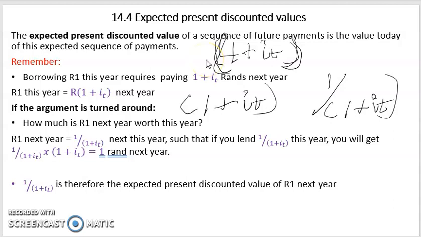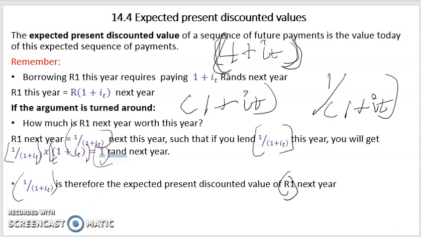So this means that R1 next year is worth 1 over 1 plus the interest rate this year, such that if you lend 1 divided by 1 plus the interest rate this year, you would get that amount plus the interest earned on it next year, which is equal to R1 next year. So 1 over 1 plus the interest rate is therefore the expected present discounted value of R1 next year,